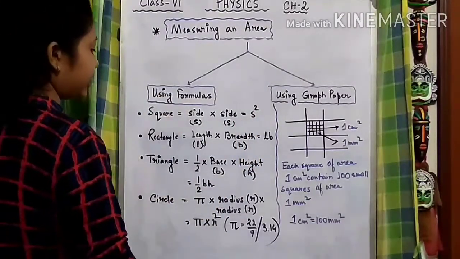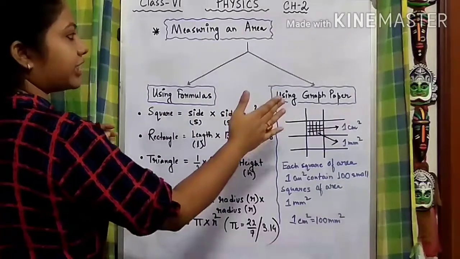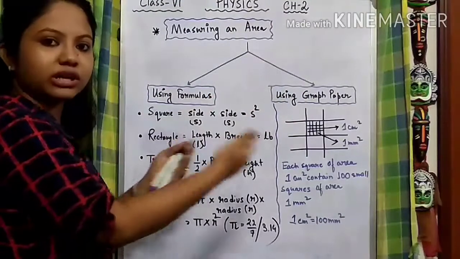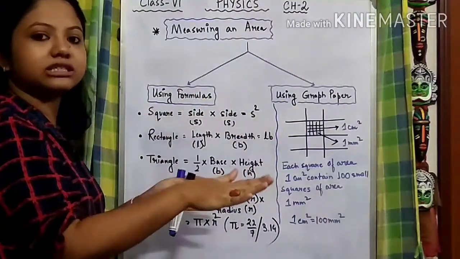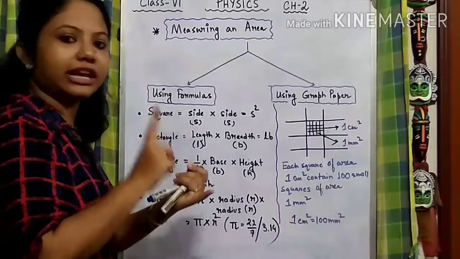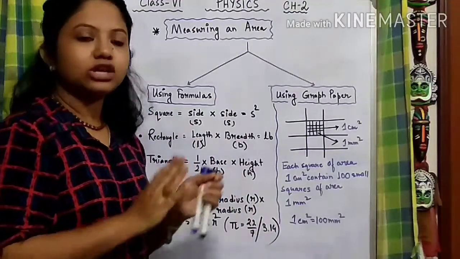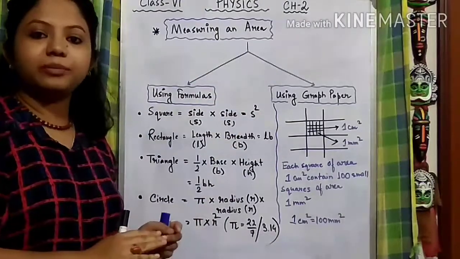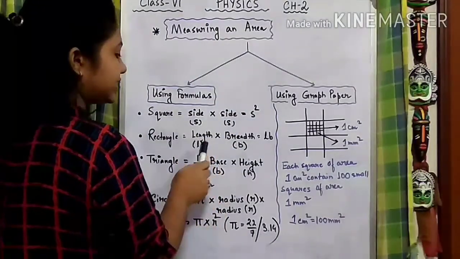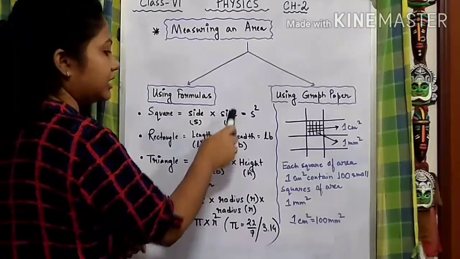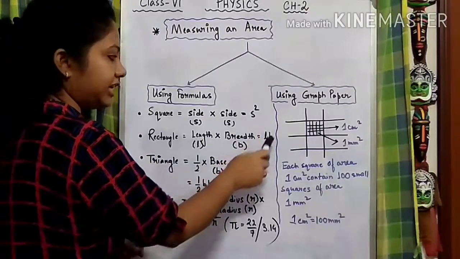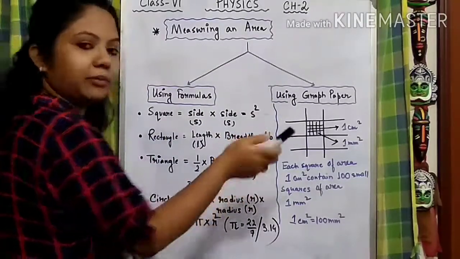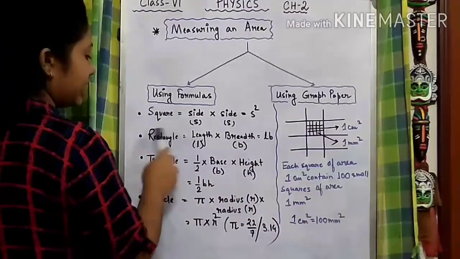Coming to the rectangle. In case of a rectangle, the sides are uneven, because length is not equal to breadth, but other things are similar. The sides of the length are different from that of the breadth. So here we use a similar method, just the sizes will be different. One side will be called length, another side will be called breadth. Ultimately they will be multiplied together and the formula is L into B, length into breadth.